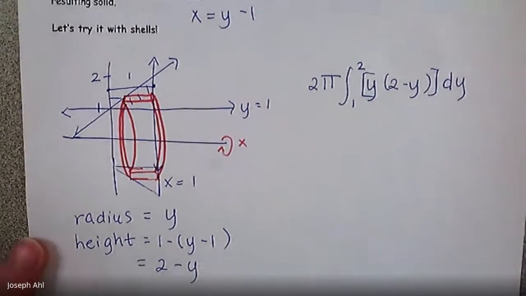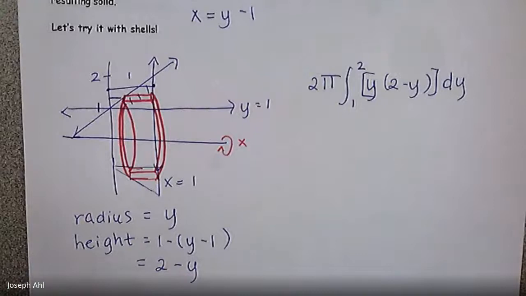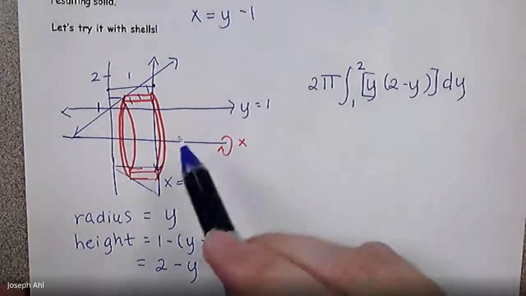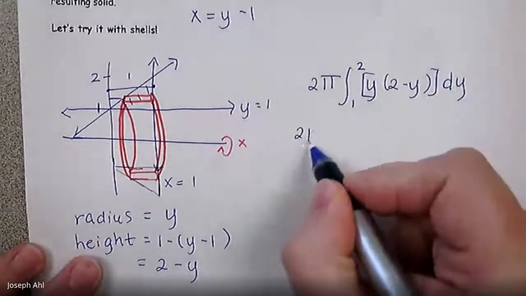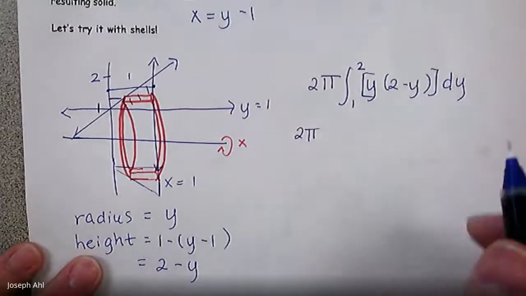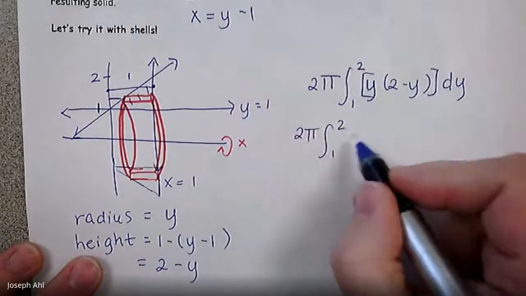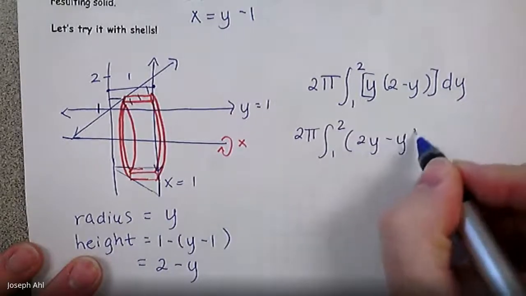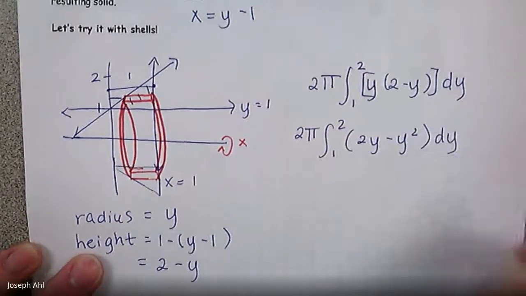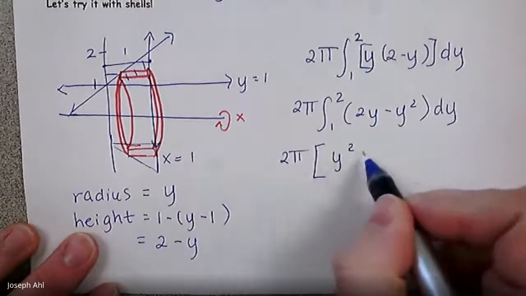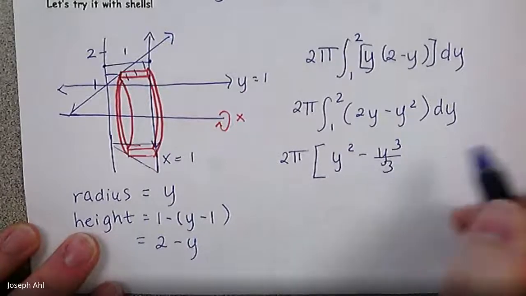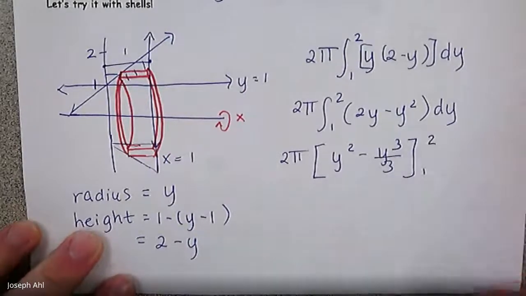Okay. Once you have the setup, and I think the hardest thing is going to be the setup, right? Just visualizing, drawing a picture, making sure you have the correct bounds. From here, the actual integral should be pretty easy to evaluate. So it's going to be 2 pi from 1 to 2 of 2y minus y squared dy. So using anti-power rule, antiderivative would be y squared minus y cubed over 3 with my bounds from 1 to 2,